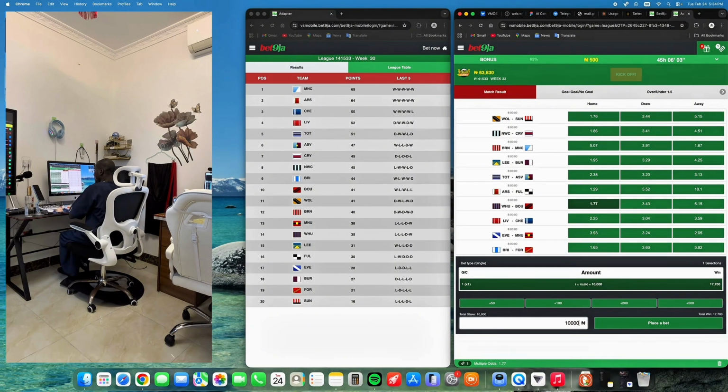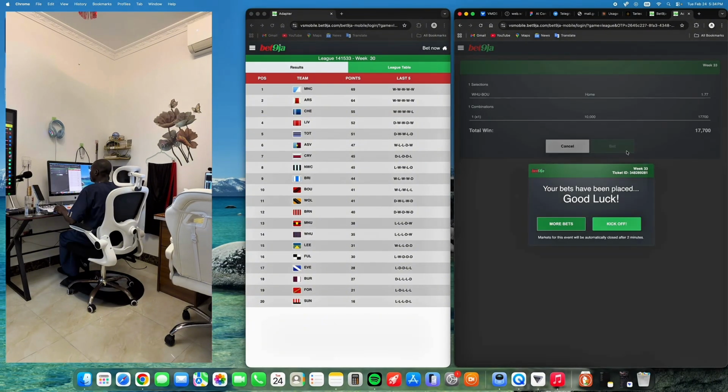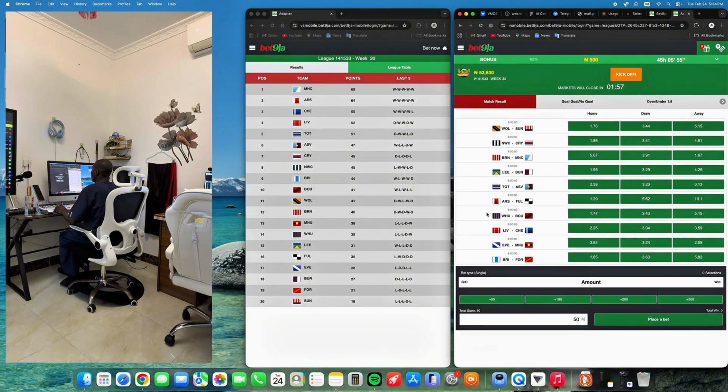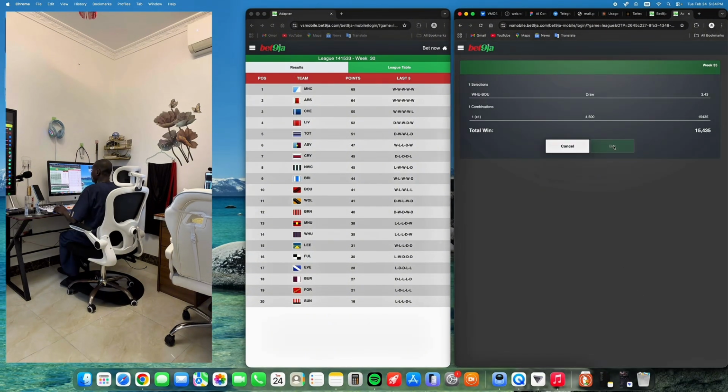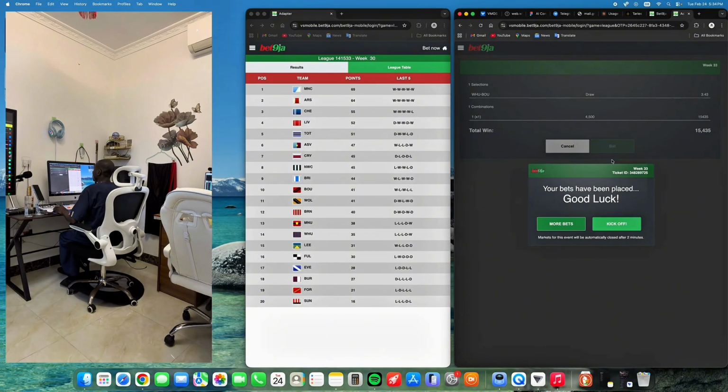Yeah, this is what I did earlier. I used 10,000 on one side, and on the other side I used 4,005. Five is too high. 4,000. Okay, 4,005 is fine. So I'm going to show you how you will be able to make this calculation. I think the calculation is also on my website. I have a calculation for it.